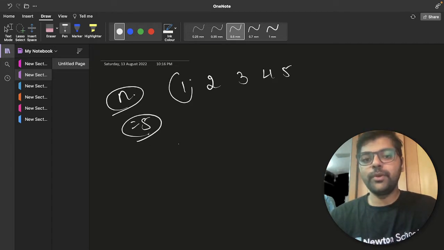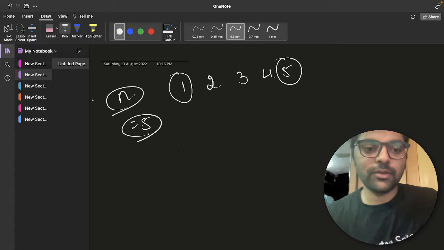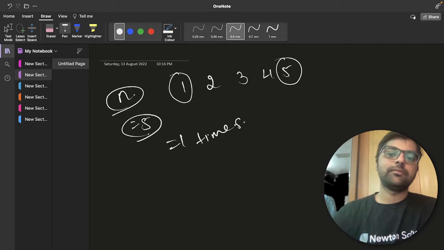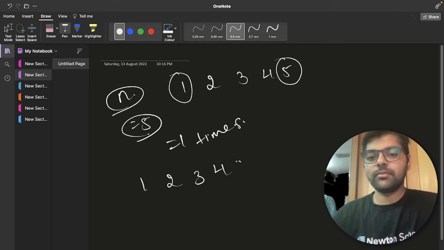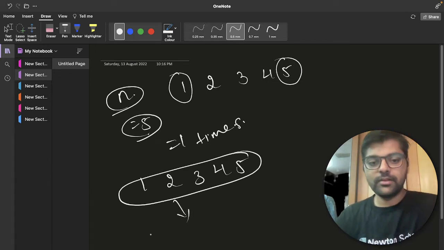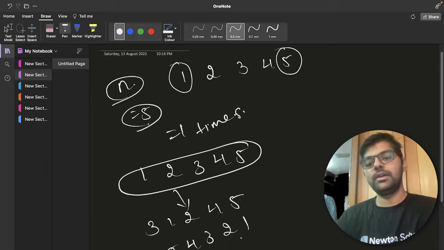All the numbers between 1 to n must be present exactly one time. So for n equal to 5, a permutation means these numbers in any order. 3 1 2 4 5 is a permutation. 5 4 3 2 1 is another permutation.